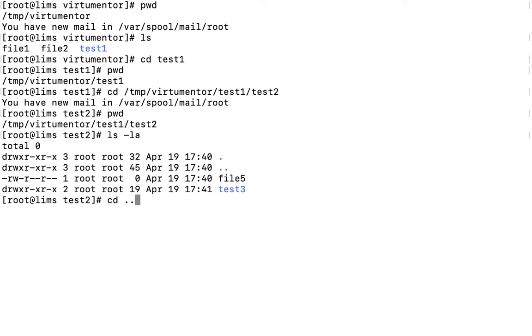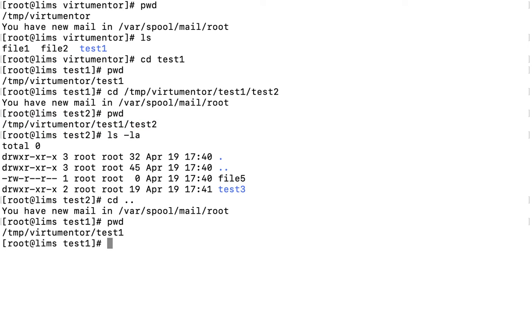It means that it will go to the parent directory of test2. Here in this output we can see that the parent directory of test2 is test1. So doing cd space dot dot will move to the test1 directory. Okay, we'll do pwd here.